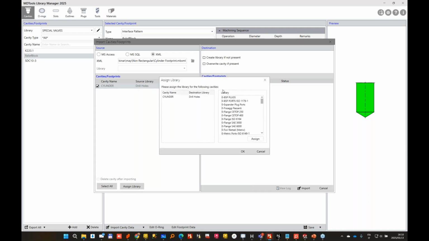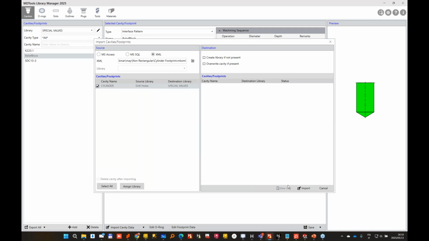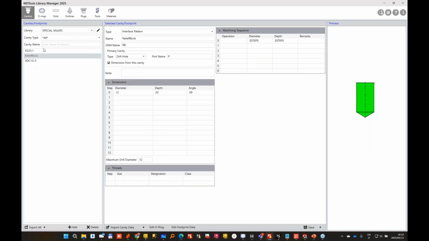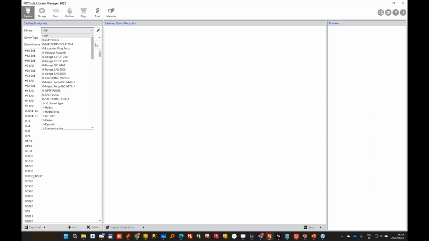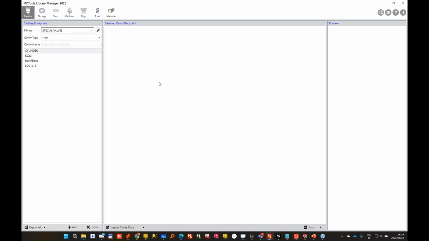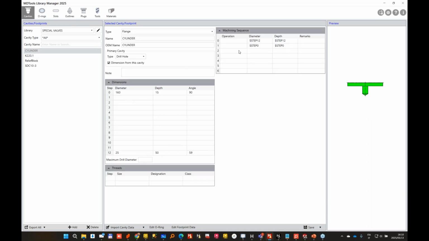I want to assign a library. So my cavity is going to be inside my special cavities, special valves. And I can import. So by doing that, now if I go to the folder special valves, I will see my cylinder, which has